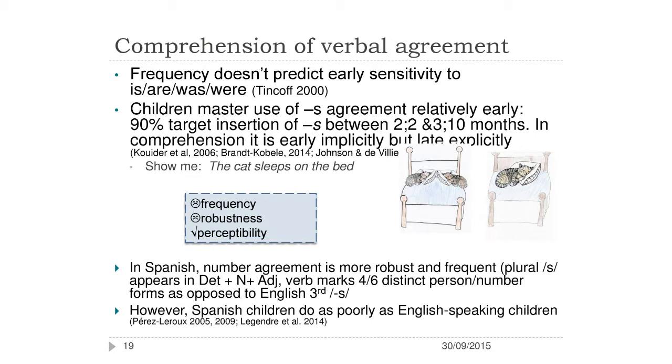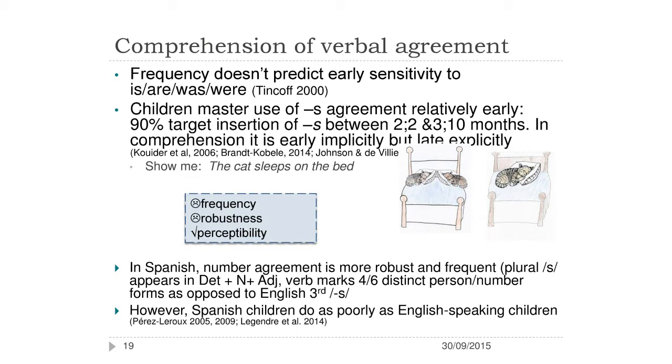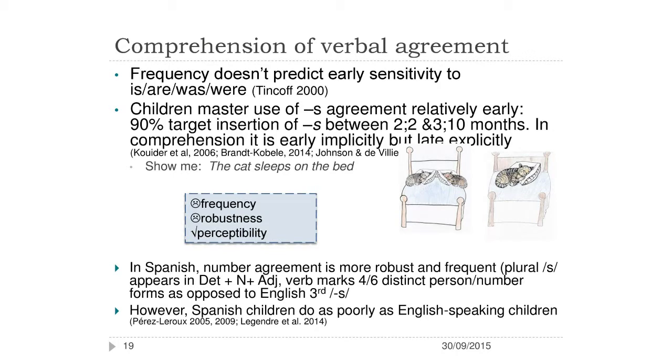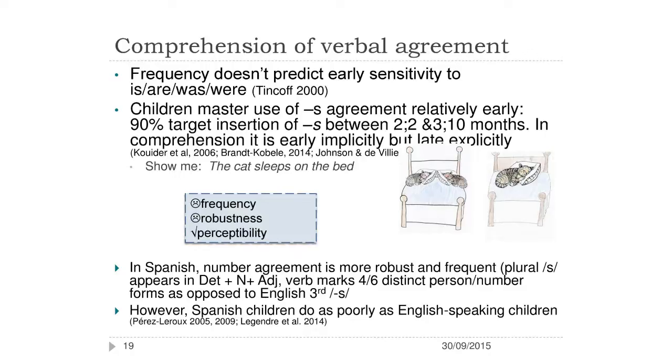And then you have two seemingly independent temporal timelines. And I got into this, it's Jill de Villiers' fault I got into this. So she did a study in which she shows that if you hide the S of the subject, the S of the verb is not enough to disambiguate it. So this is a very simple task. Show me the picture where the cat sleeps on the bed. Okay, so the first S, if there were the cat, you wouldn't hear it because of sleep, right? So all you have is the S on the verb.